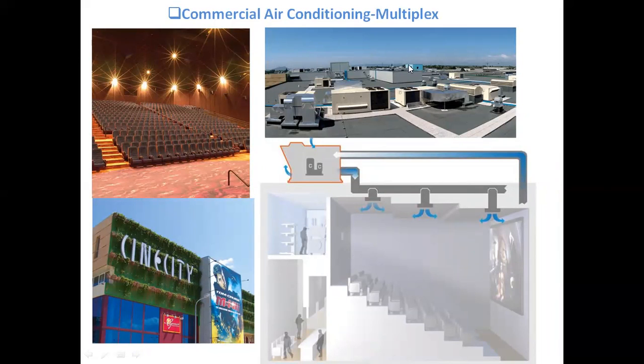Again, the commercial air conditioning of a multiplex is shown here. As we all go to movies, you can see the chairs, and at the top or at the side, the various ducts are projected, and the ducts supply fresh air into the multiplex so that people feel comfortable. So for comfort air conditioning in the multiplex, you can see this central air conditioning, how